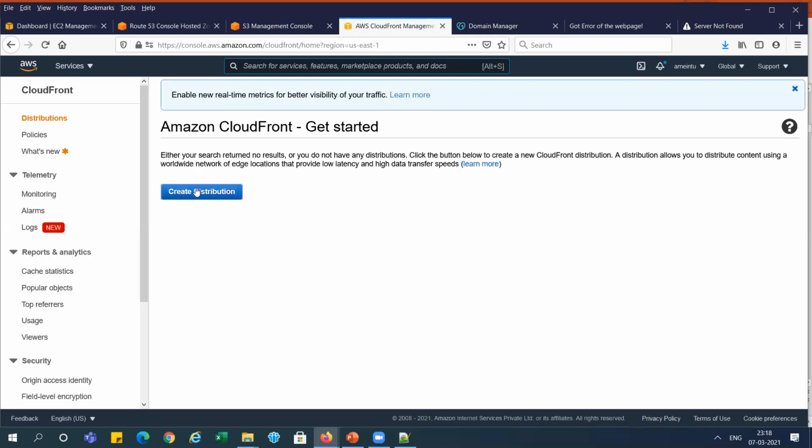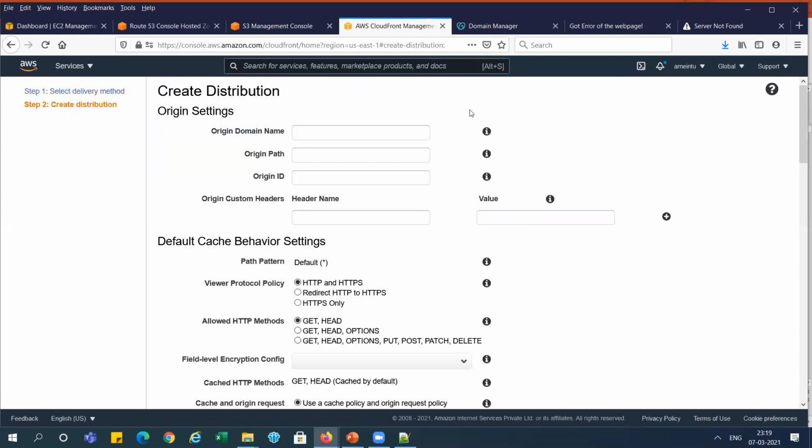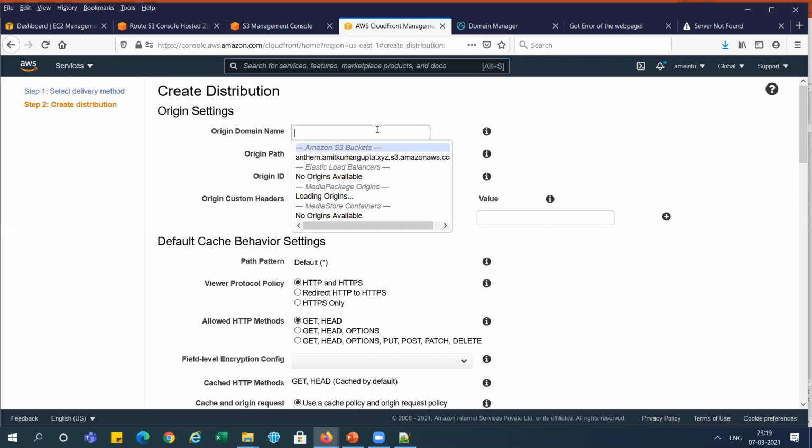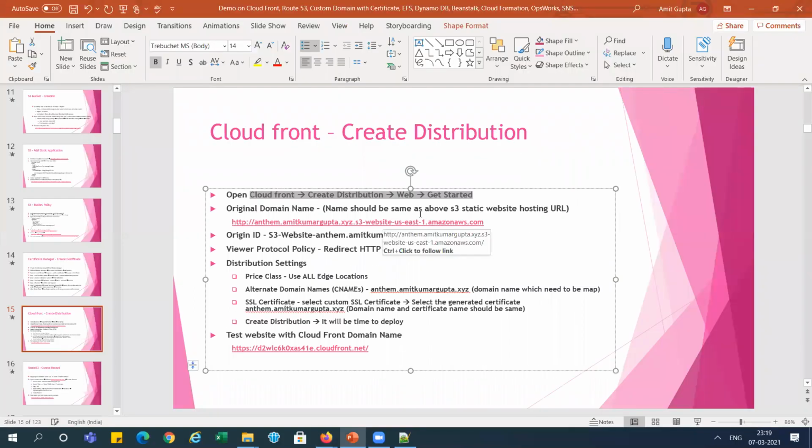So I'm going to create one distribution here and get it started. We need to enter the details. The origin domain name we need to enter here, and this origin domain name should be the same as the S3 static website hosting URL, right?